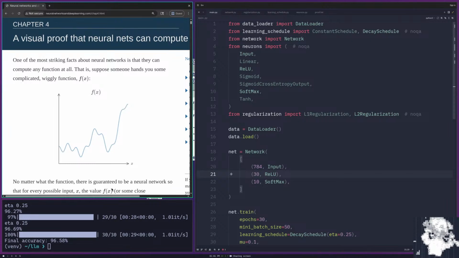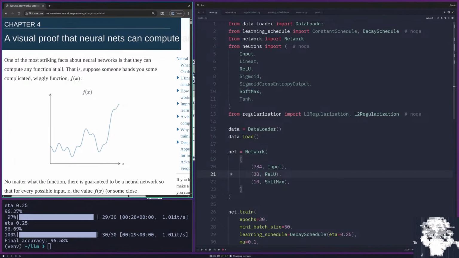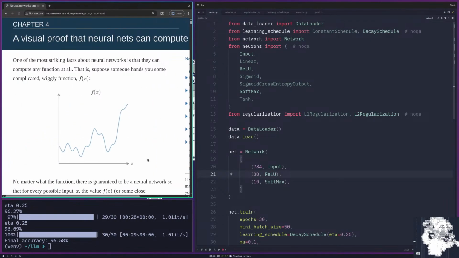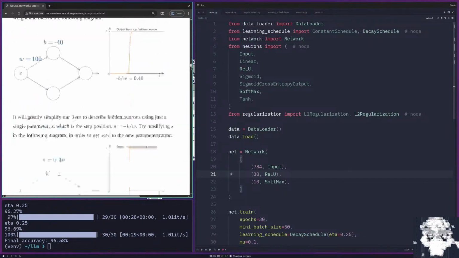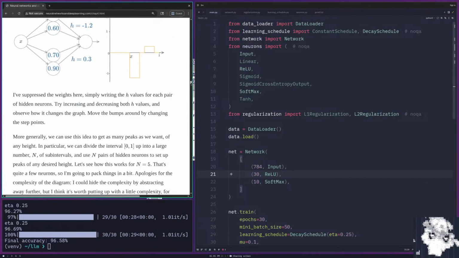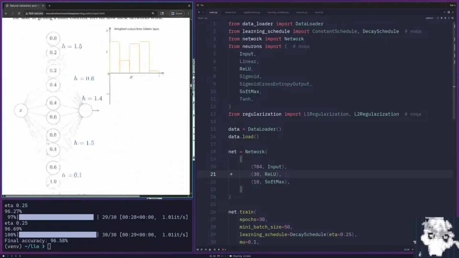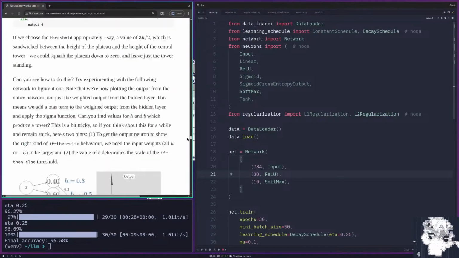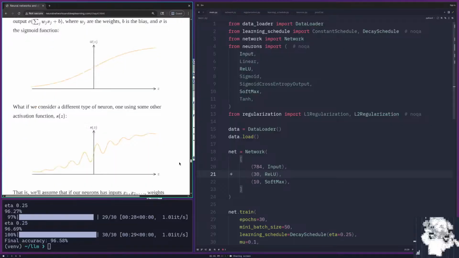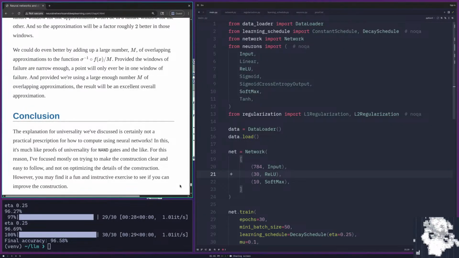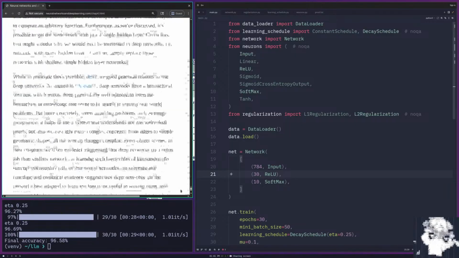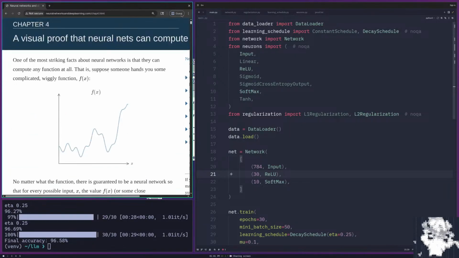So the next chapter is a visual proof that nets can compute any function, which I'm not super interested in, honestly. I kind of already believed this based on the simpler proof from the beginning. So I think I'm actually just gonna read this off stream,